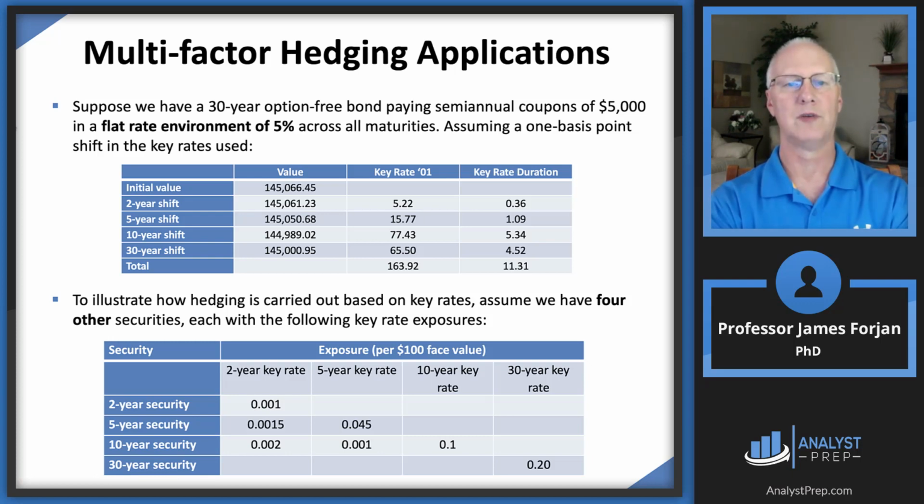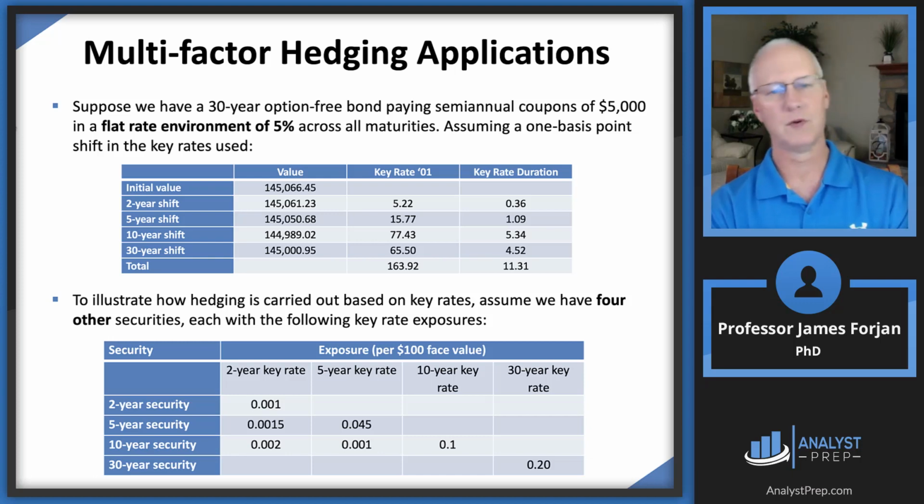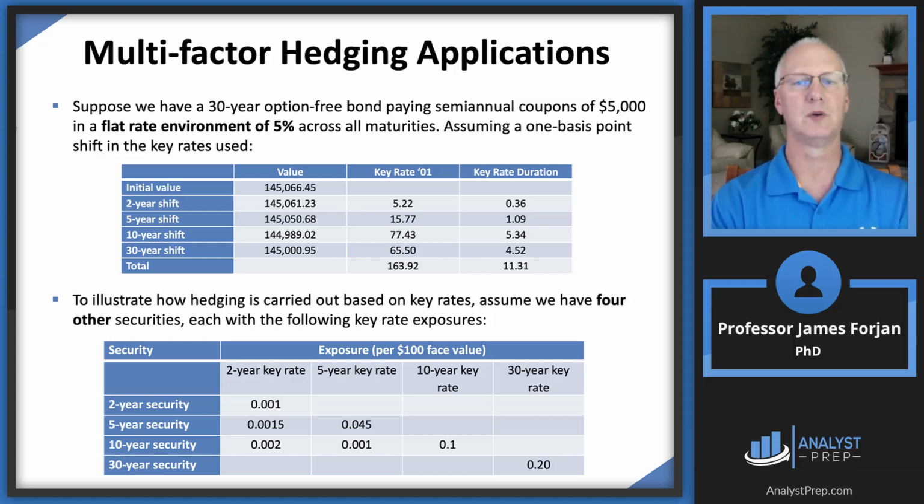So there's our initial value, $145,066. If we have a 2-year shift, our price falls to 145,061, and then 145,050, 144, and so on, all the way down to 145. Everybody get that? All right, so let's go ahead then and compute those key rates and then the key rate